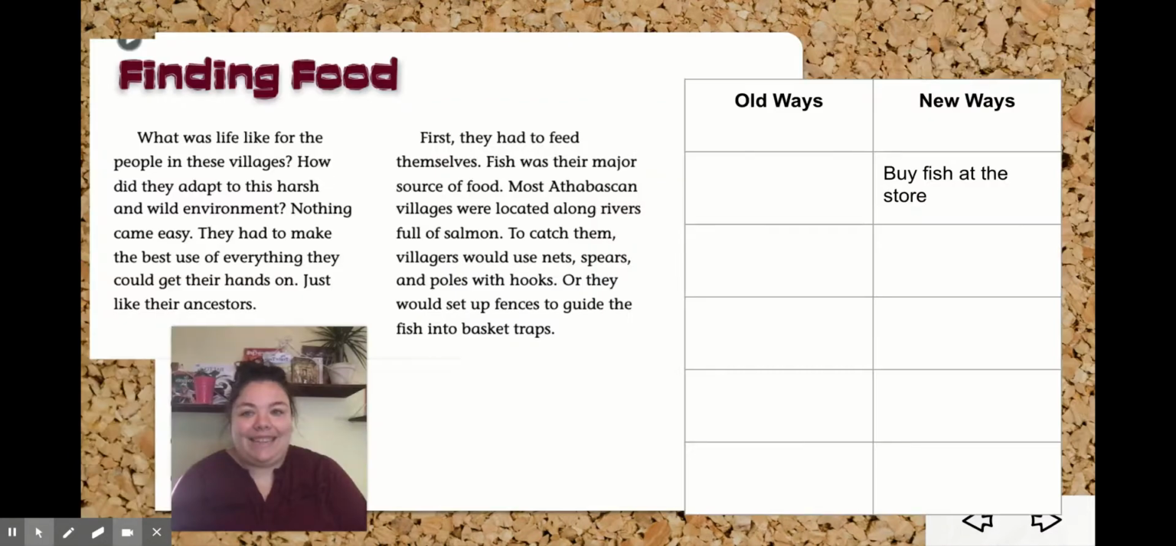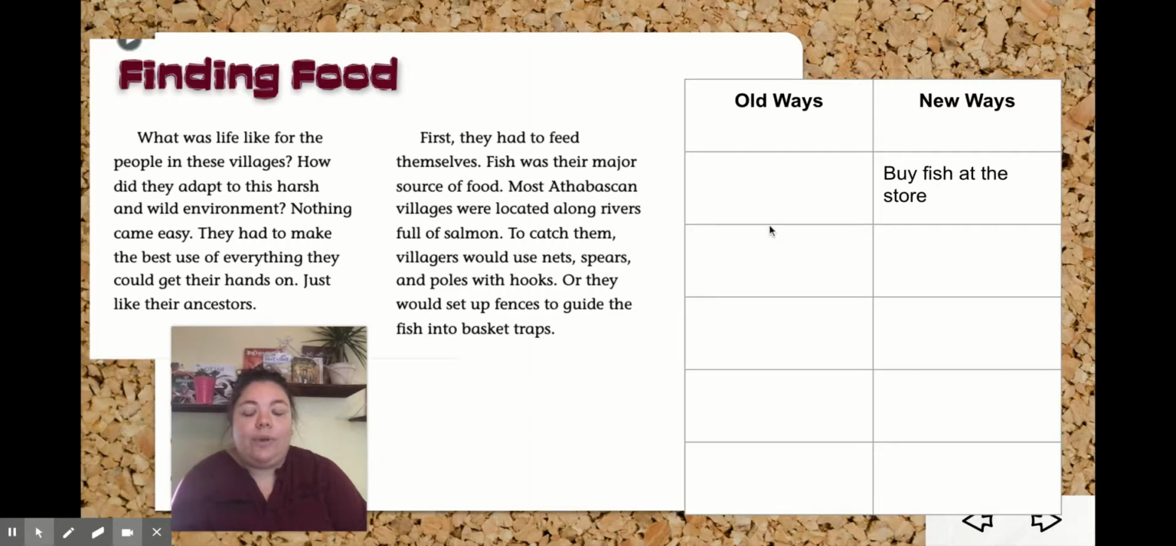Just like last time, we are going to read parts of the Athabascans, but instead of just putting in the key details, we are going to use the key details to compare and contrast the Athabascans' lives with our lives. So you notice on this chart right here, it says the new way, like what we do, is we buy fish at the store. So I would like you to pause me and read this paragraph